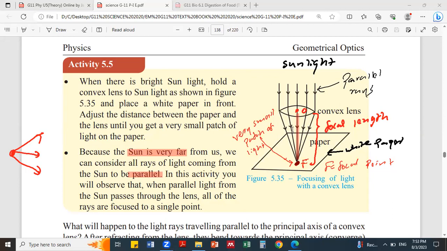That's why this principle is used in concave mirrors also. It is used in solar heaters and solar cookers, because all the heat rays get converged to one point, as in the case of convex lenses, so convergent mirrors. That's also why you are not supposed to look at